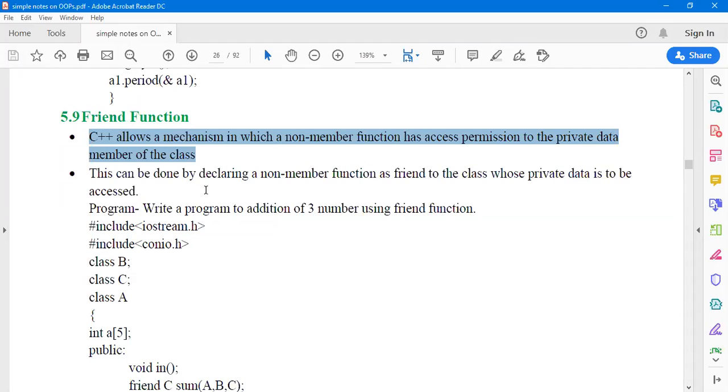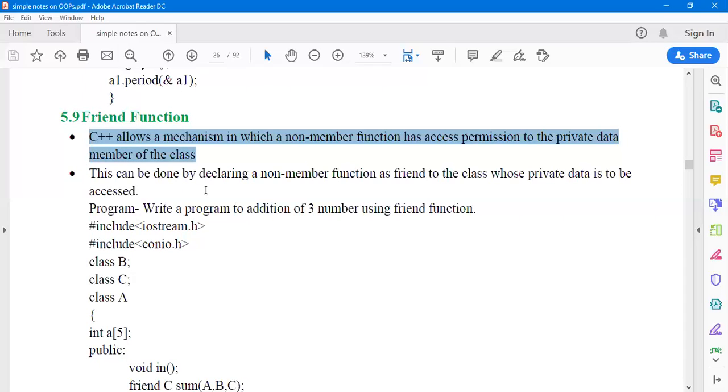So in the main program, first we define the class, and then we define the object of the class, and through that object we call the member data and the member functions.